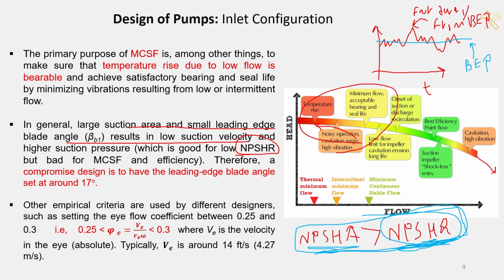But a compromise design usually sets the leading edge blade angle at around 17 degrees, and one important thing to note here is that the flow coefficient of a radial flow impeller must be between 0.25